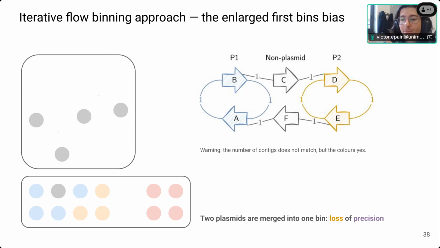And so it will be missed by the next plasmid. So you can lose either in precision or in recall. And you have combined effects really difficult to apprehend and to debug.